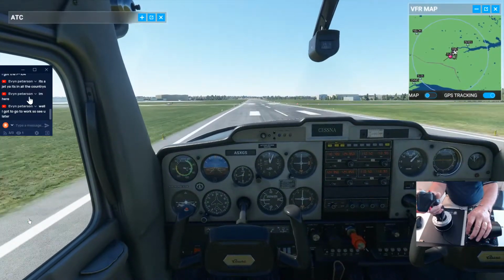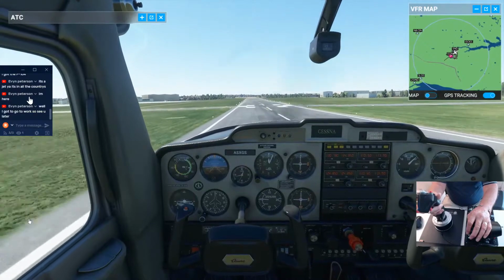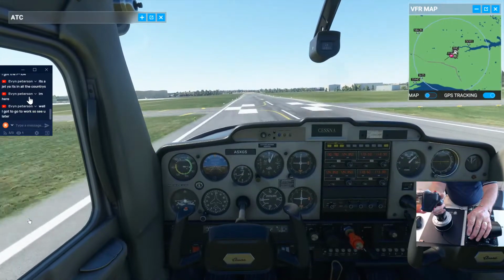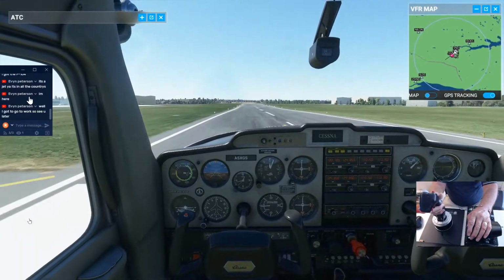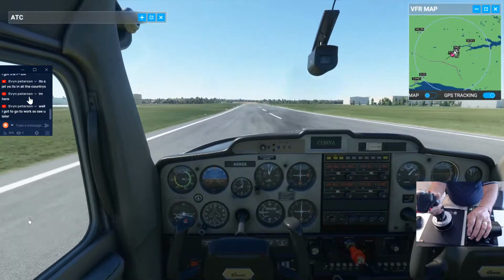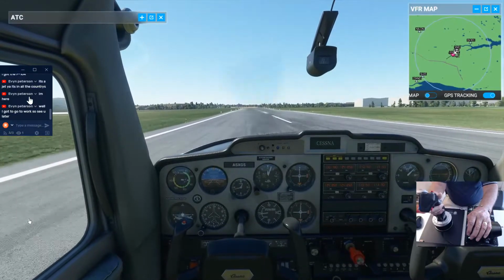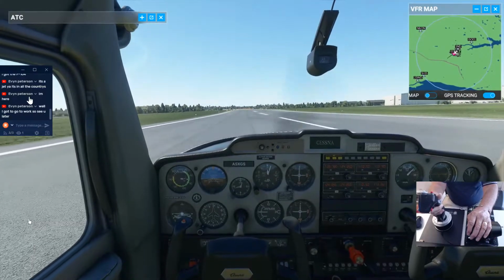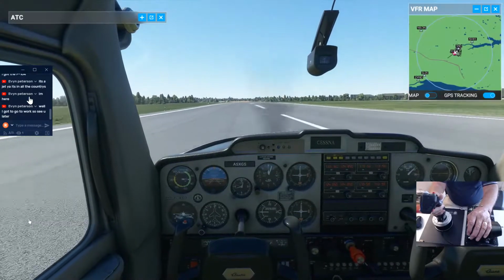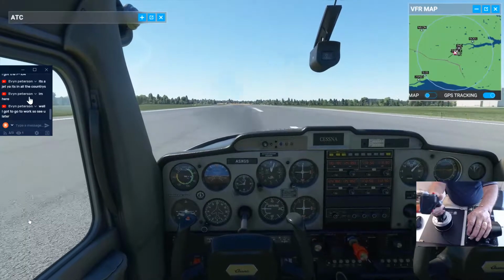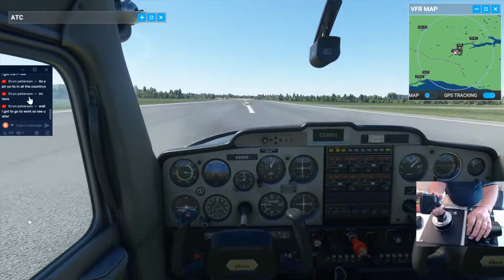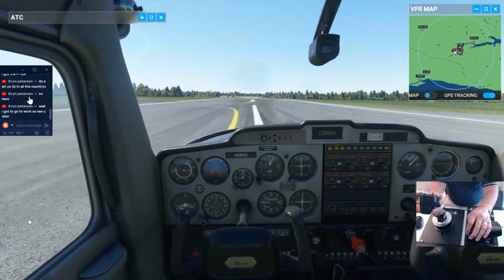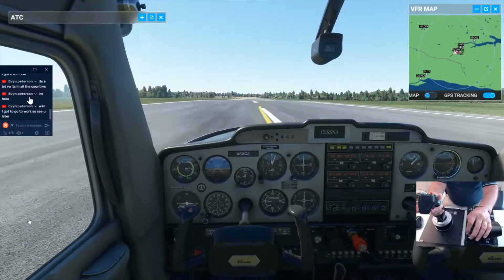But the flaps are keeping me from going much faster. They're acting like air brakes. There's wheel rumble there, tyre rumble. Right, let's